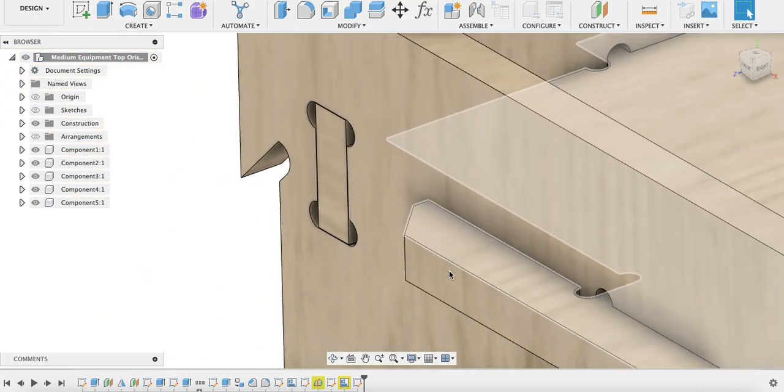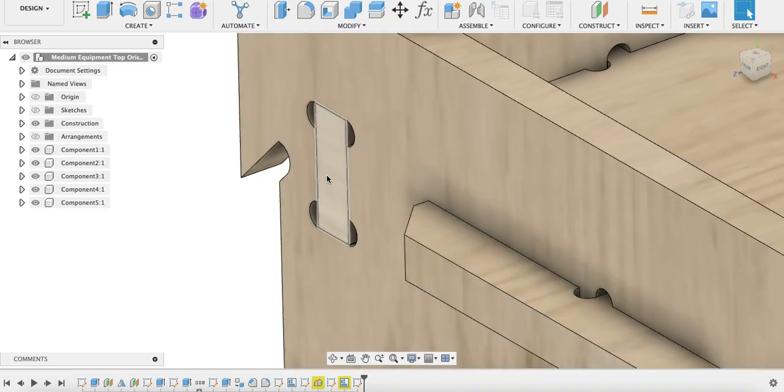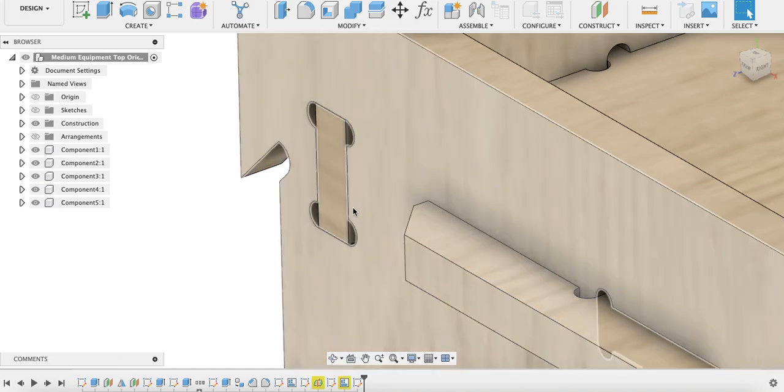I just wanted to make note that the holes are already in the design slightly larger, but you do want to account for any machine error. So if your machine's cutting 0.02 inch smaller, then you want to download the file that is 0.02 inches larger than your material thickness. So with the 0.475 material thickness that you have,